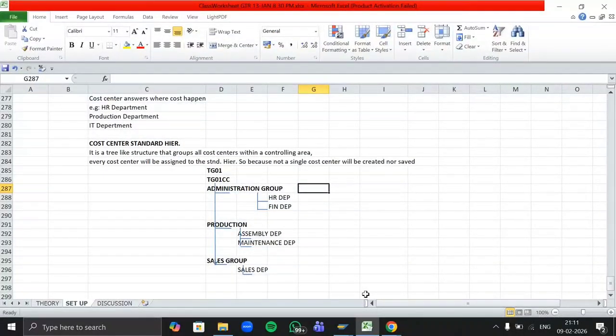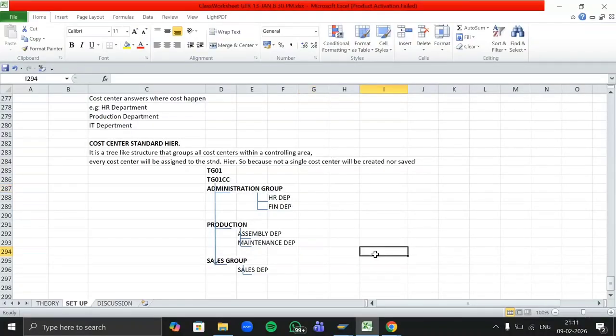See, controlling area configuration, as I told earlier also, it will be a bit confusing because we are not going through all these things on a regular basis. And if you compare it with FI, yes, it will be a bit confusing. Only once you practice it on your own, once you get how each and every configuration is used when we do the data entry, at that time you will get to know. After that you will get all your doubts clear, but for the next few sessions you can feel that this configuration is confusing.